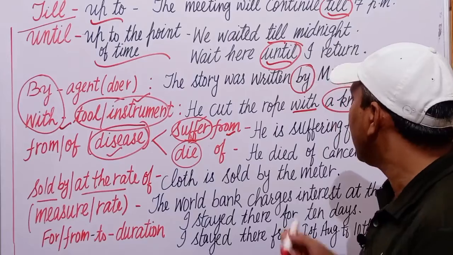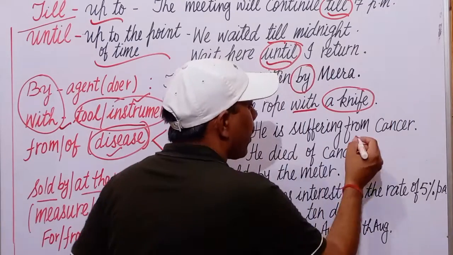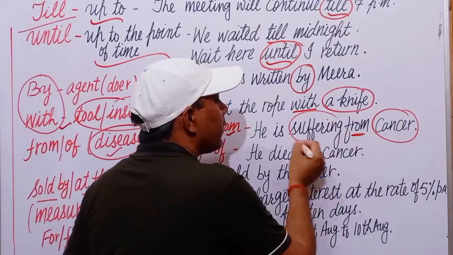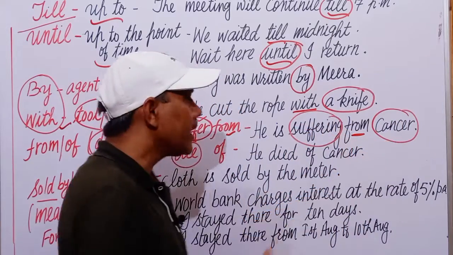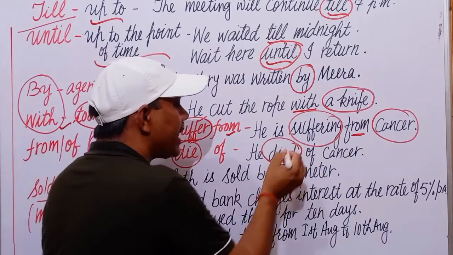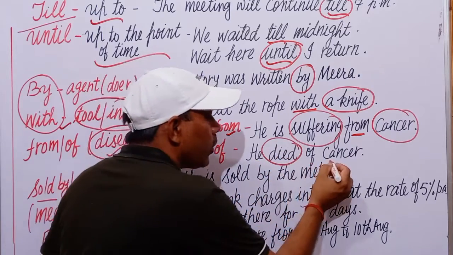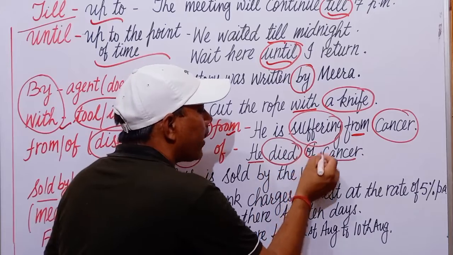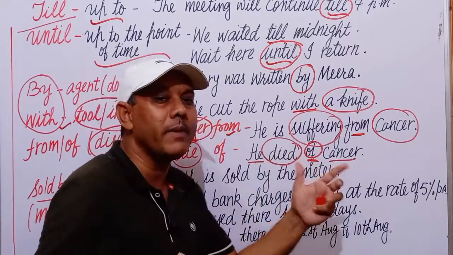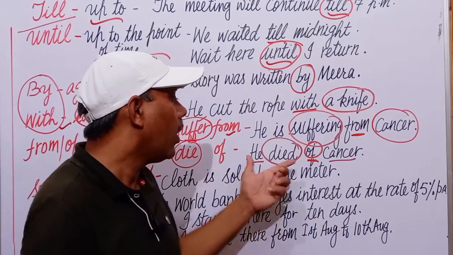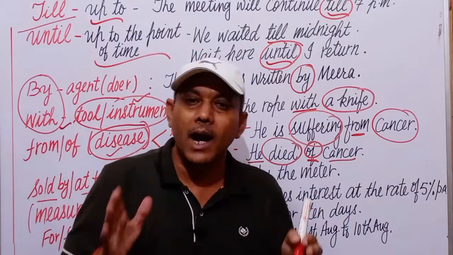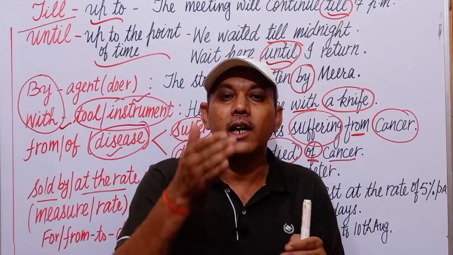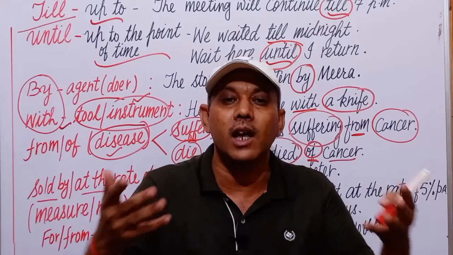For example, he is suffering from cancer. This is a disease. He is suffering from cancer. But if somebody dies due to a disease, then I say he died of cancer. He died from cancer नहीं लिखेंगे. He died of cancer. कई बार बच्चे prepositions का यूज करते समय हिंदी टू इंग्लिश ट्रांसलेशन करने की कोशिश करते